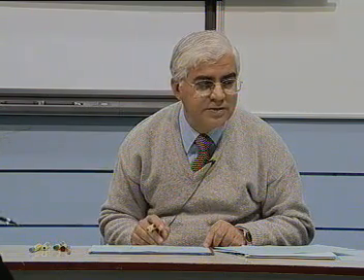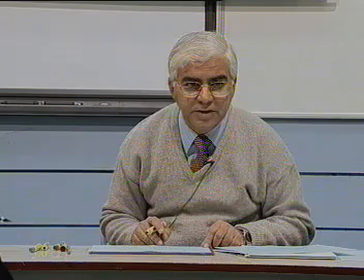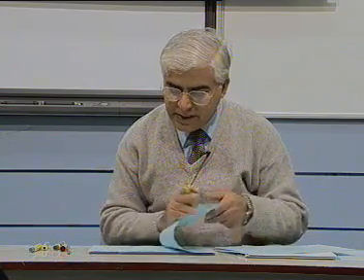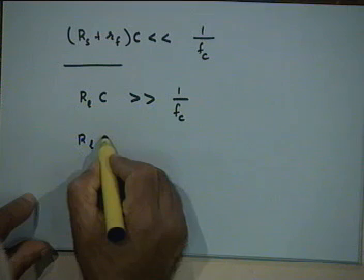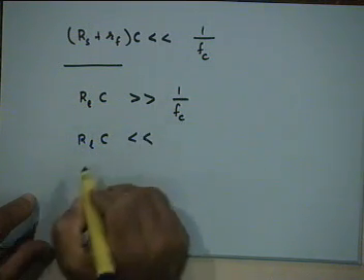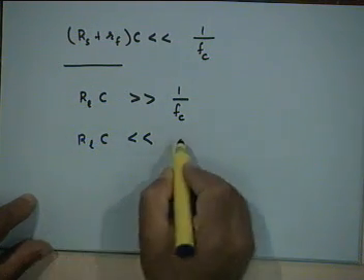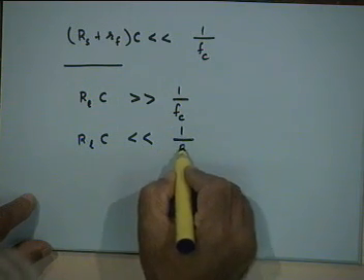And what would the highest rate of message signal variation depend on? The bandwidth of the message signal, the highest frequency present in the message signal, right? So let us say the bandwidth of the message signal is B, therefore the highest frequency present in it is B, and therefore the time interval of interest is 1 by B, right? So what we would like to have in addition is that R_L C should be much less than, complete the sentence, 1 by B.